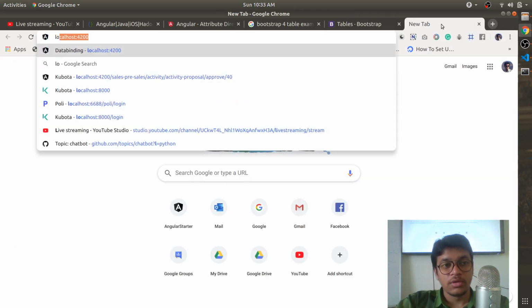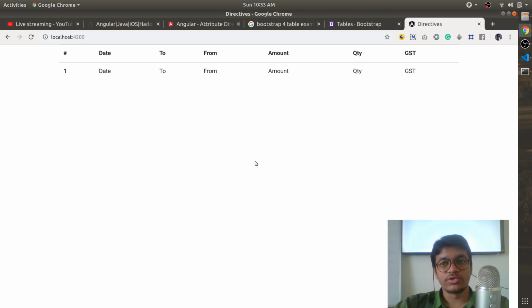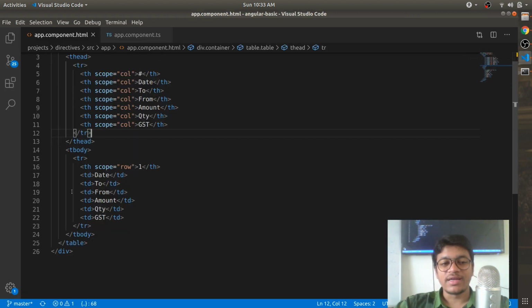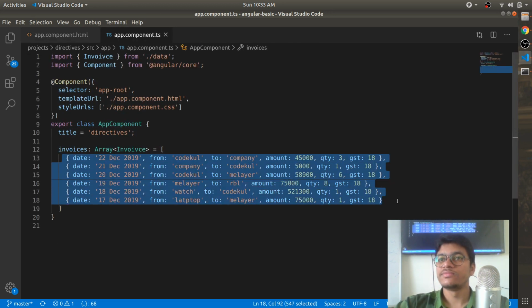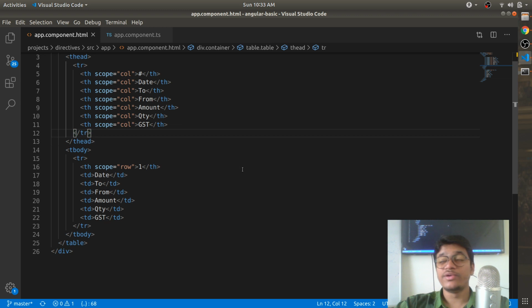Okay. Localhost 4200. Can you see there is a table? Now how to get this data in the table? Remember that all these become what? Rows. Are you getting that? All this would be becoming what? Rows. So Angular has given you one directive called